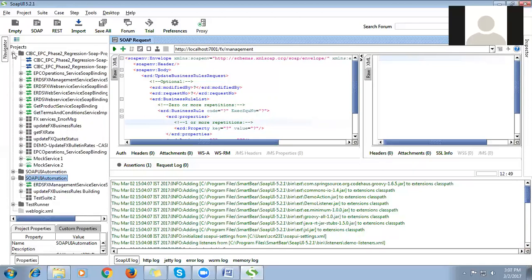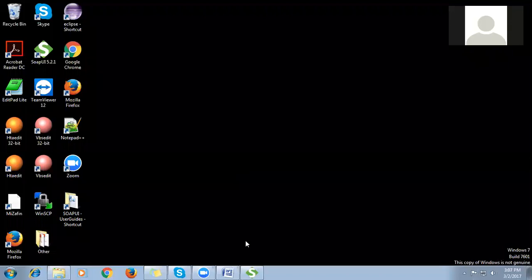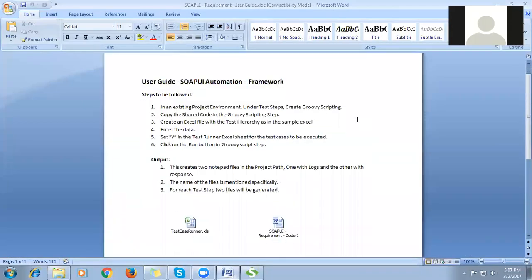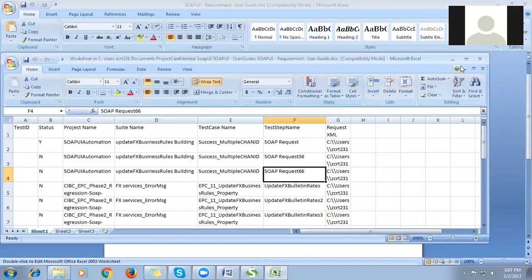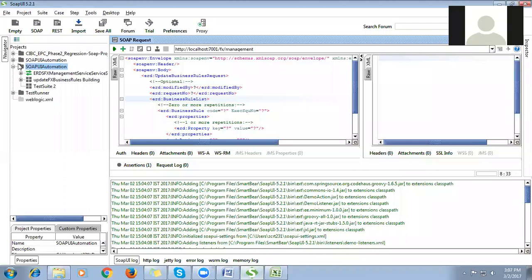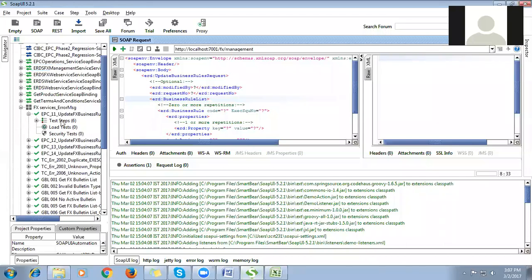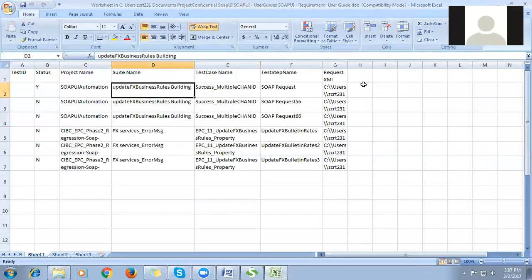Before going to the actual explanation, I'll explain the steps we're going to follow. In the existing project environment, under the test steps, we have to create a Groovy script. I'll explain what a Groovy script is and what to do. First and foremost is to create an Excel sheet. I have created a test runner Excel for the demo. The SoapUI project, step by step, as I explained, we should mention in the Excel sheet so that it will run